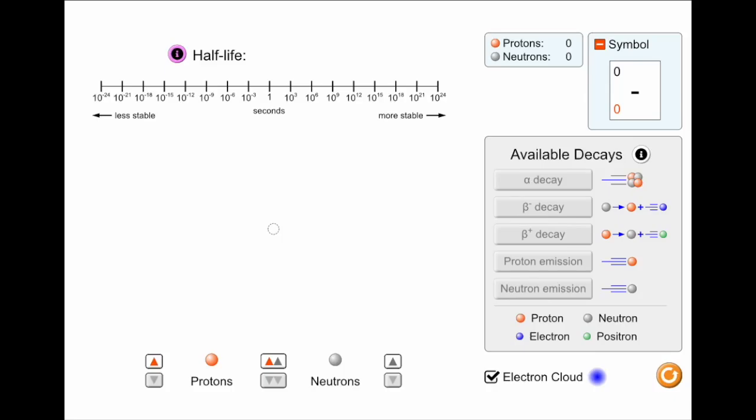Welcome to the nuclear decay simulation. In this simulation, you'll investigate the stability of various isotopes. You'll also use the simulator to investigate how the nuclei of atoms achieve stability through various means using nuclear decay